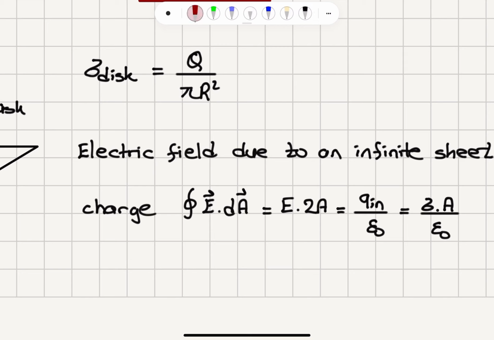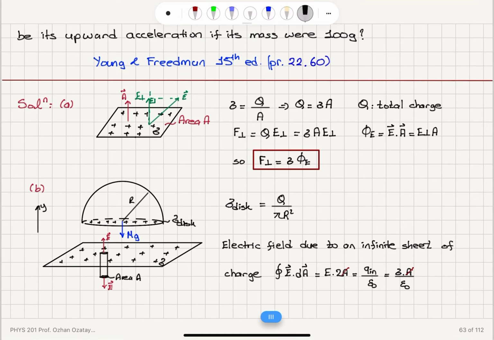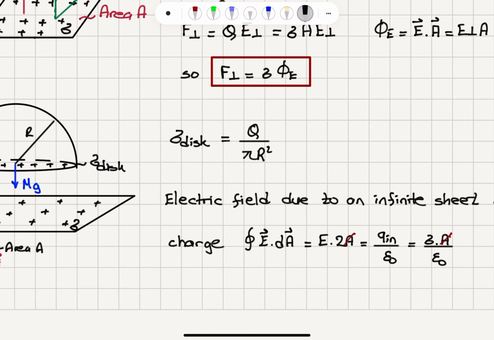You can see that these areas will cancel out, and I will find that the electric field on either side of this cylindrical Gaussian surface will be equal to the uniform charge density sigma divided by 2 epsilon 0, and it is perpendicular to the sheet